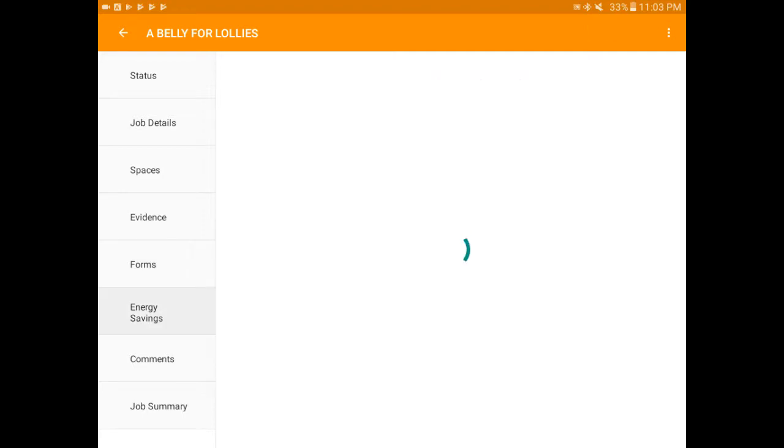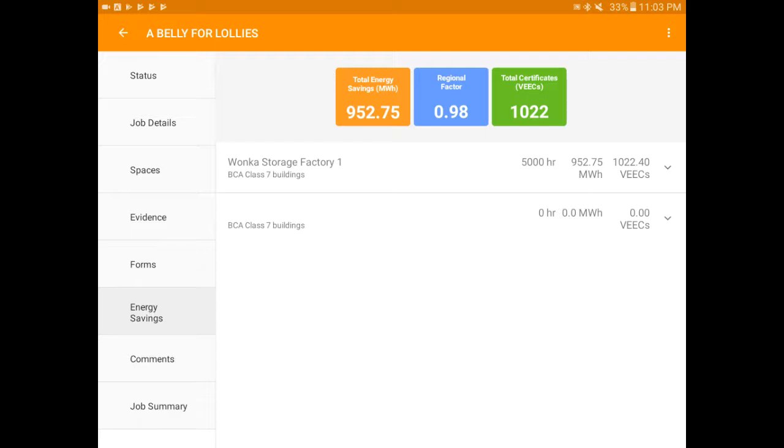The next tab here is energy savings, and this basically is a summary of the job. The scope, so what was there before, what's there after, what are your energy savings, and you can see here there's another space I made under here which you can expand, but I hadn't put any technology in, so it's worth 0 VEECs. But the Wonka storage factory, I've put in the lights before and after, and if I open this one up,